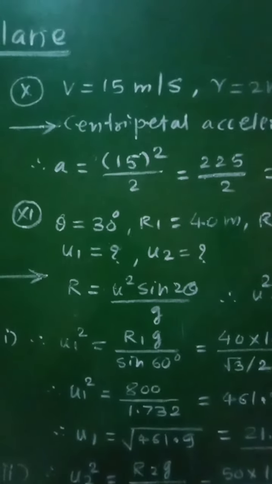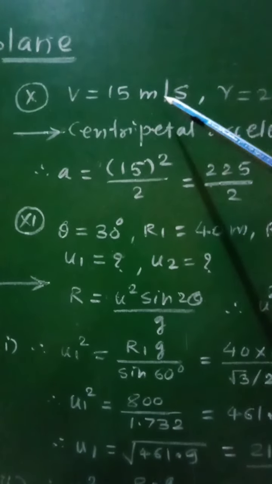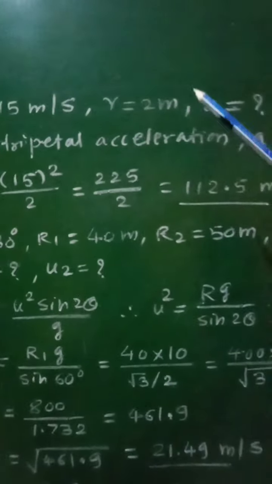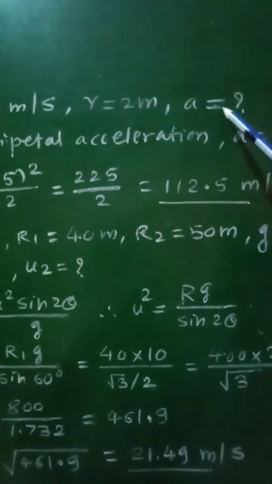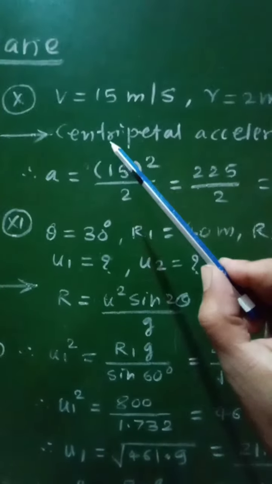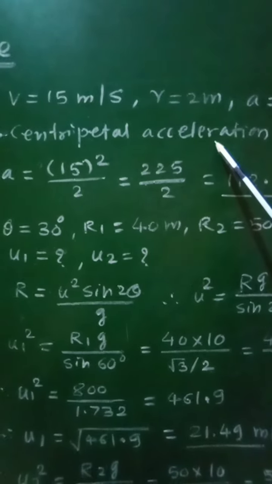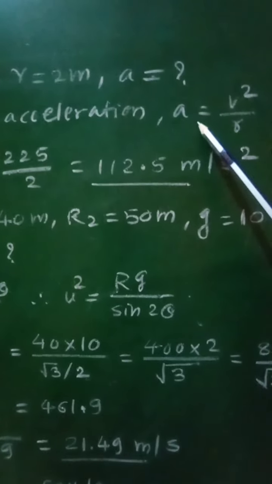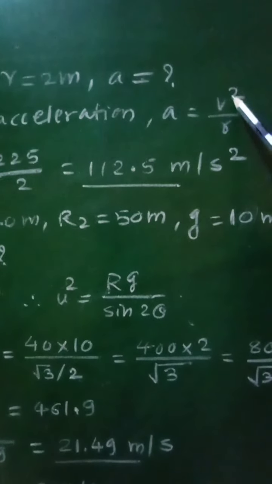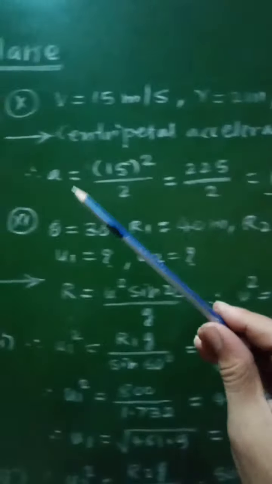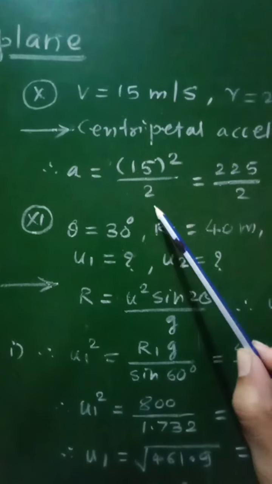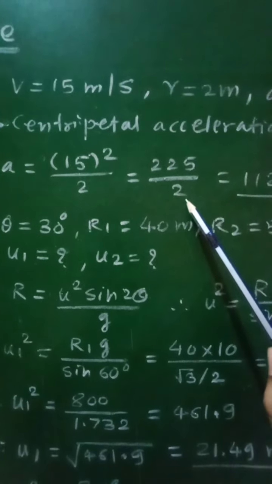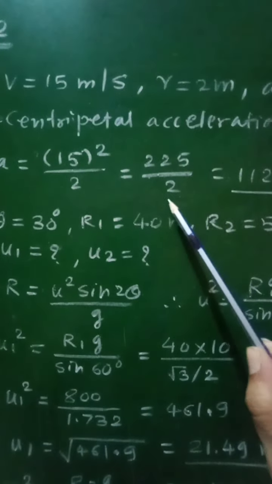Therefore for this numerical, velocity v is given as 15 meter per second. Radius of the circle is given, r is equal to 2 meter, and we have to find out the centripetal acceleration a. So the centripetal acceleration of a particle performing circular motion is given as a is equal to v square upon r. Putting the values, we will get a is equal to 15 square upon 2, which comes out to be 225 by 2, which is equal to